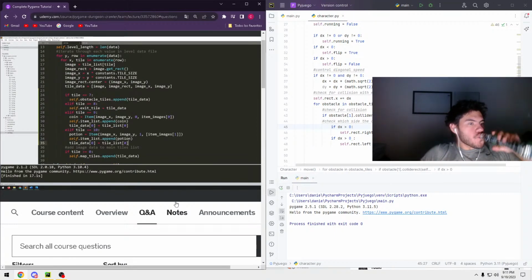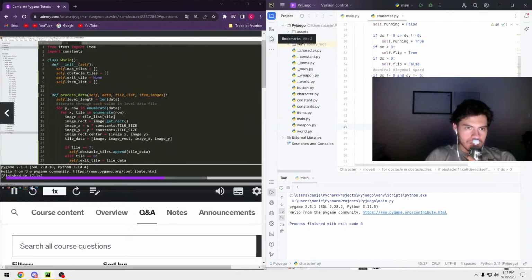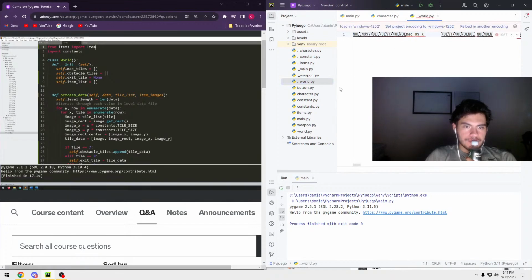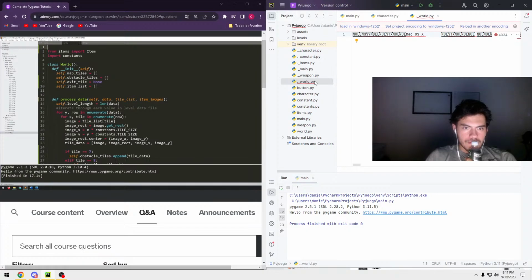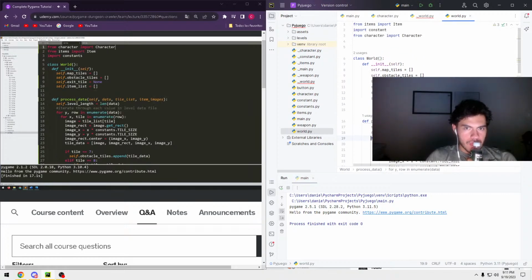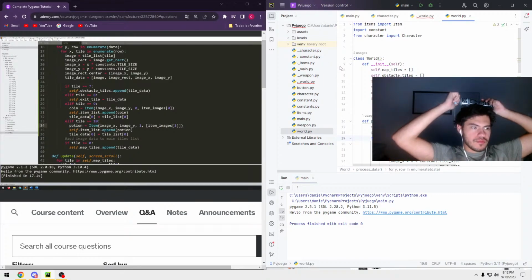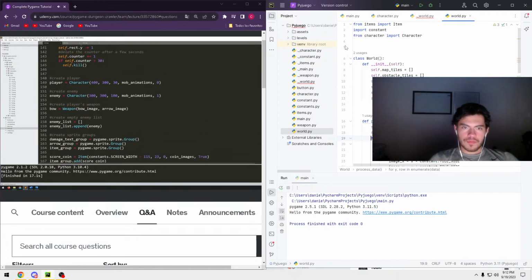We go back into the world class here, and before I actually get into all that, I need to make sure that I import the characters from the top here. So before we import the items, I kind of just order them in order of importance. So I think the characters are more important than the items. So we say from character, import the character class. Because now I'm going to be calling the character class within this text here. So just the same way as I created coins as an instance of the item class, and the same with potions, I'm going to create the player and the enemies within here rather than manually creating them within